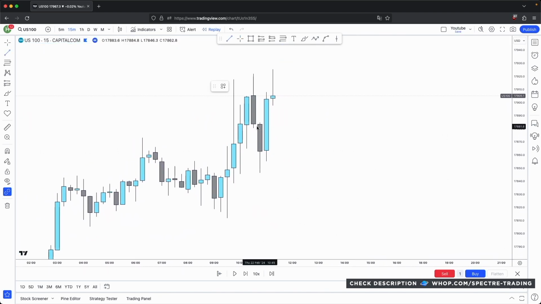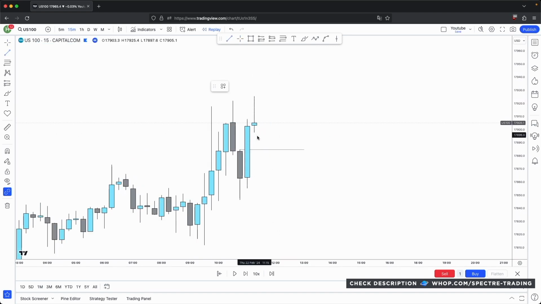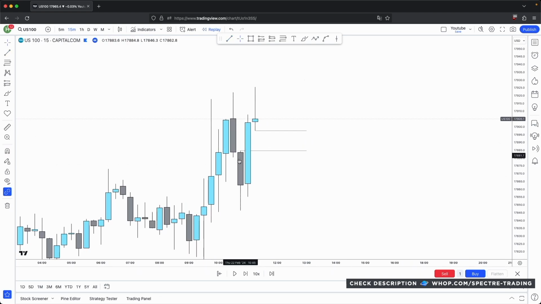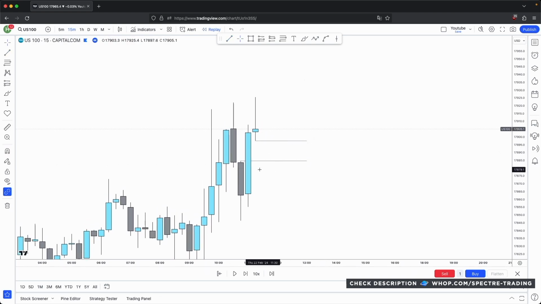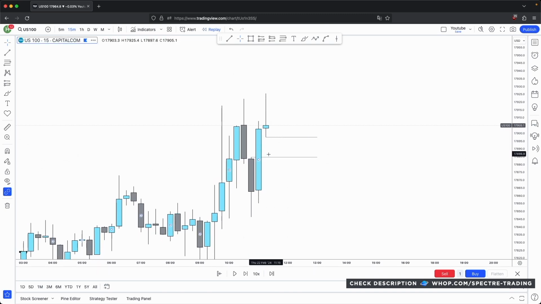Your fair value gap starts at the high of the first candle and then it ends at the low of the third candle, which is your last candle. So the gap between the high of the first candle and the low of the last candle gives you your fair value gap. In this instance, this is your buy side imbalance, sell side inefficiency. This is where you had an excess in buyers, so price will have to come down eventually at one point